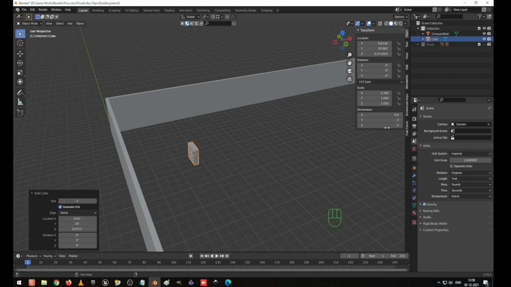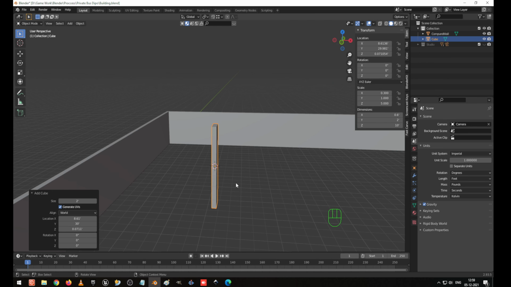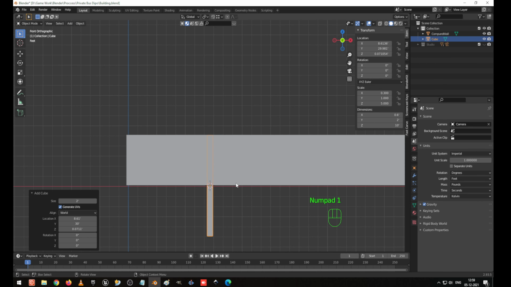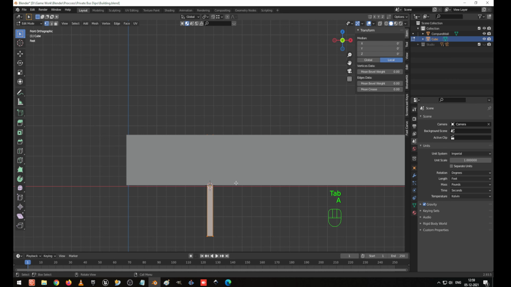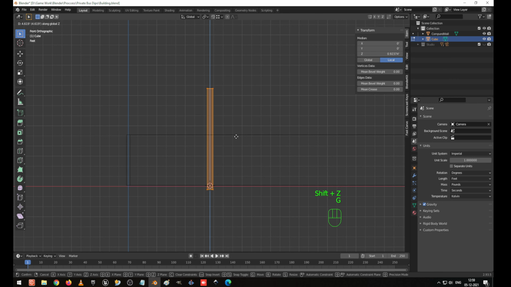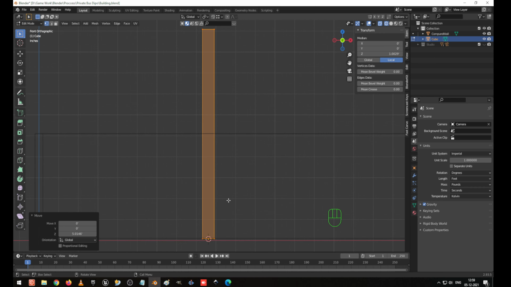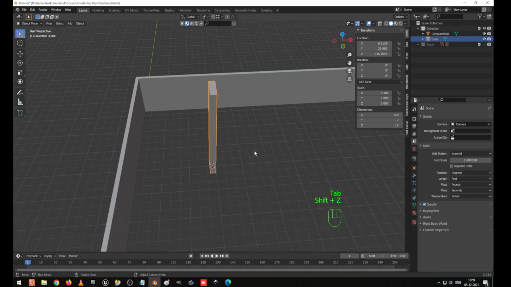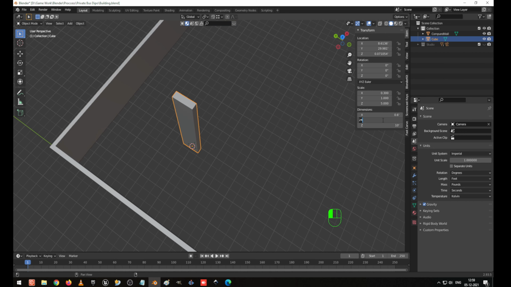Okay, and the height I'm going to give is... this is going to be a restroom, so I'm going to give it very small only, so make it 10 feet height. Go to the front view, go to the edit mode, and select everything. Go to the wireframe mode and you will be able to view it. Align it in the bottom. Now I have created the wall thickness this much, and Y I'm going to give as 10.